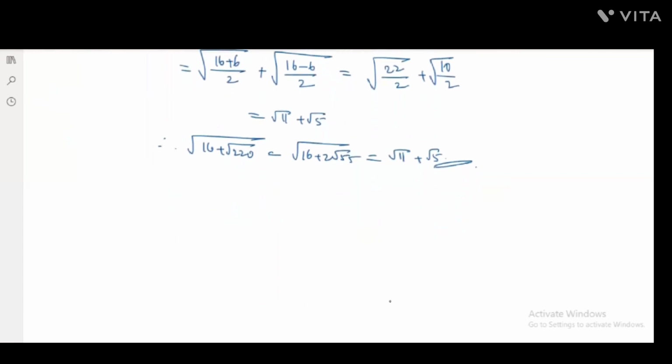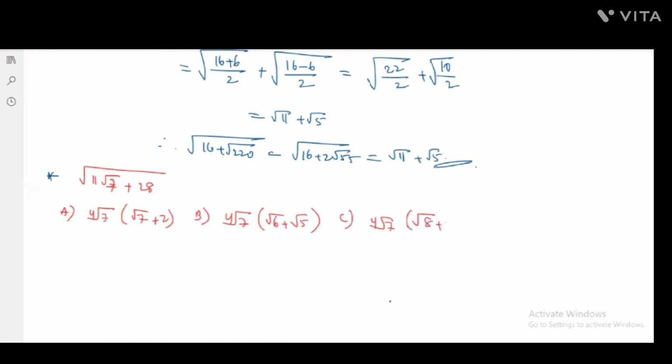So next, one more sum we will discuss. Here another question is, find the square root of 11 root 7 plus 28. Here they have given options: option A is 4th root 7 into root 7 plus 2. Option B is 4th root 7 into root 6 plus root 5. Option C is 4th root 7 into root 8 plus root 3. Option D is 4th root 7 into root 8 minus root 3. So if you solve this one,